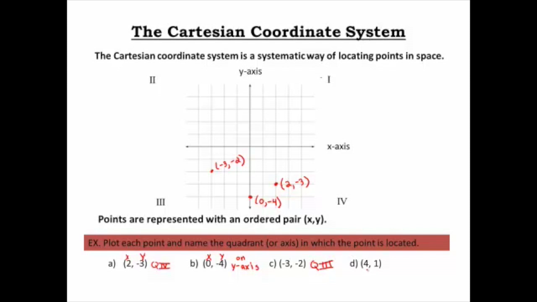Our last point is the point 4, 1, and both of these are positive. The x-coordinate is 4, that means move to the right 4. The y-coordinate is 1, that means go up 1. So let's locate that point: 1, 2, 3, 4 to the right, and up 1. And that point is in quadrant